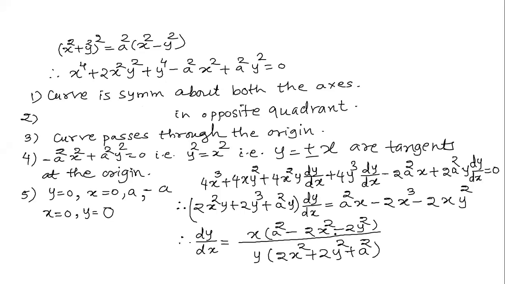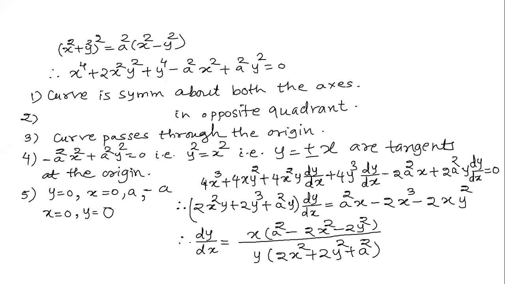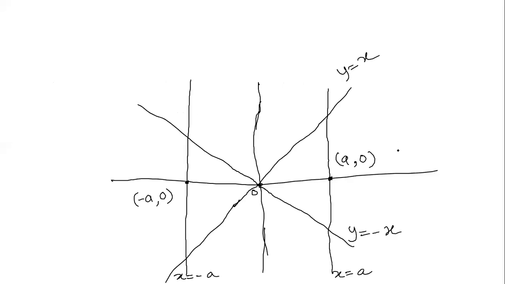Now what am I going to do? The second point is x equal to minus a and y equal to 0, I will put it right here. Then the same will come, again dy by dx will be infinity. That means here plus a and minus a. So here plus a, minus a. So I will say, instead of is, there are tangents to the curve at these, parallel to the y axis. Okay. What does this mean? This means that, see, a0 is a point and the line which is passing through a0 and parallel to the y axis is nothing but